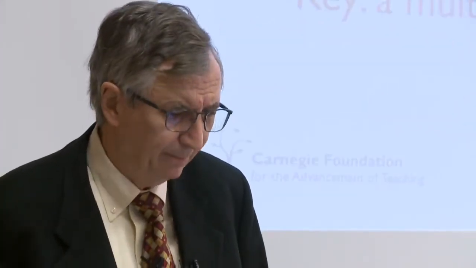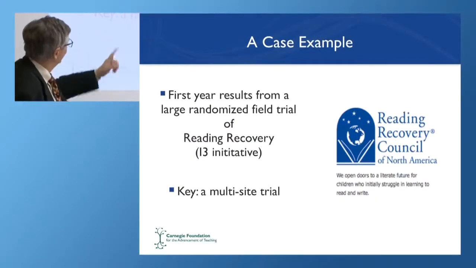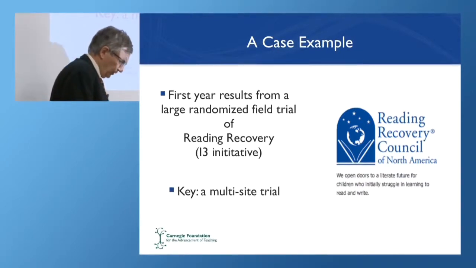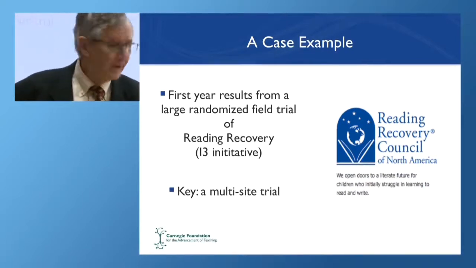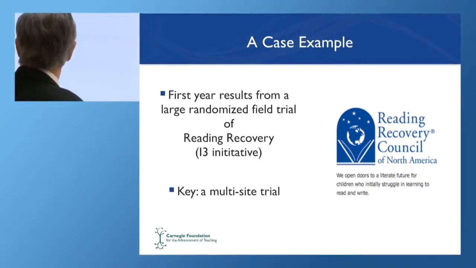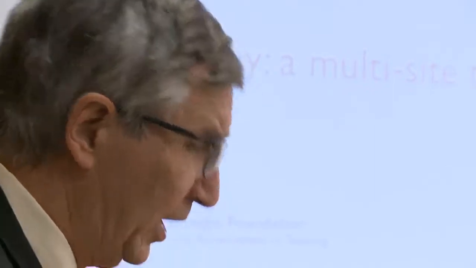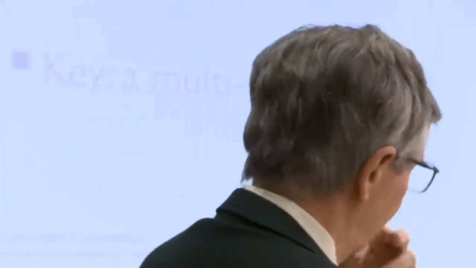Okay, case example. One of the original big I3 grants was for this large randomized control trial of reading recovery. A little bit of background. Reading recovery has got, oh geez, I'm going to say now, about a 35-year history going back to Marie Clay in New Zealand. She was the founder of this work. And it was intentionally designed for first grade students who are at risk for not learning to read. So it's got a very specific population it's targeted for.